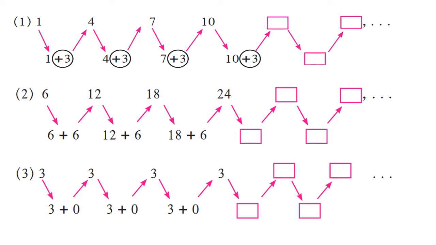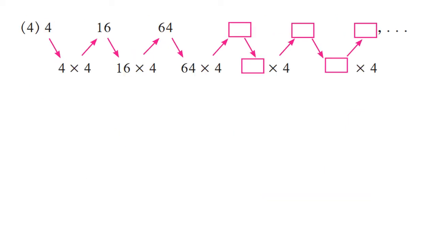Okay, now let us take one more example, a fourth example, which is different from these. In this example, we have the sequence 4, 16, 64. If we try to find the difference, see, 16 minus 4 is 12. 64 minus 16 is not 12. The difference is quite more here. That means the difference between two consecutive terms is not the same. So this sequence is not an AP. It is not an arithmetic progression.